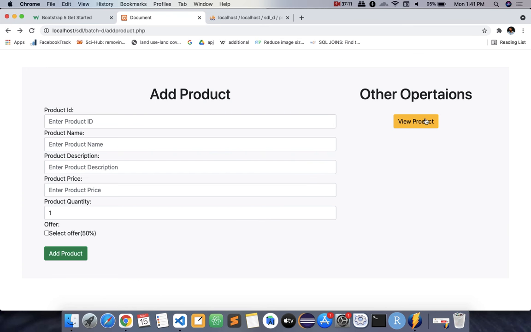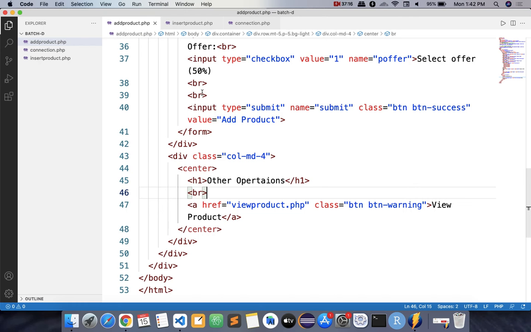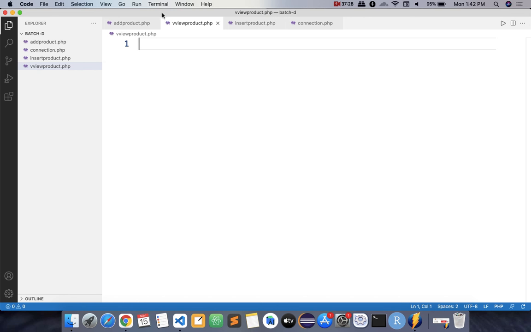So if user click on the view product data, we want to see the data. So we need to create that page view product.php. So create a new page, name it as view product.php, and here